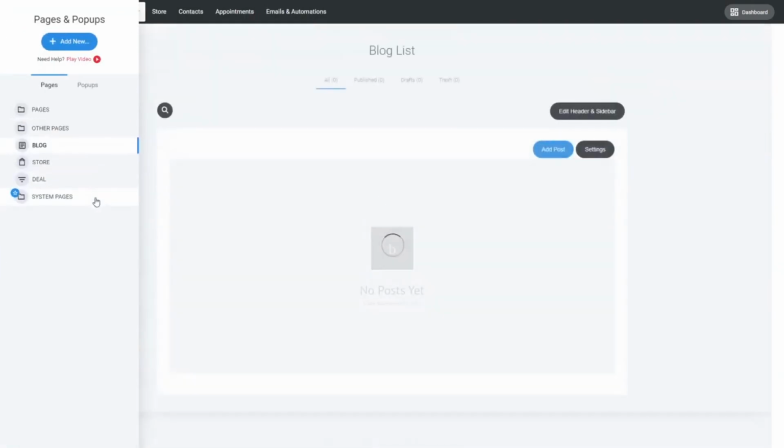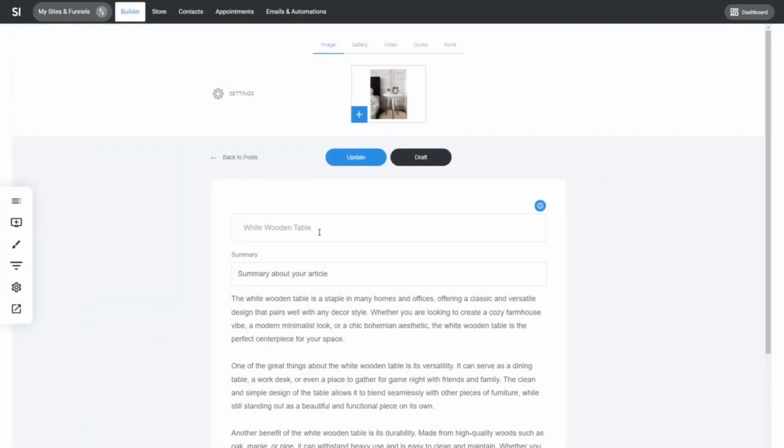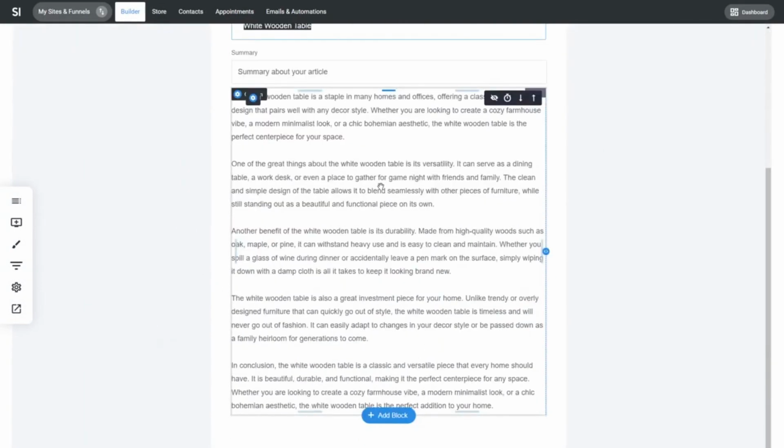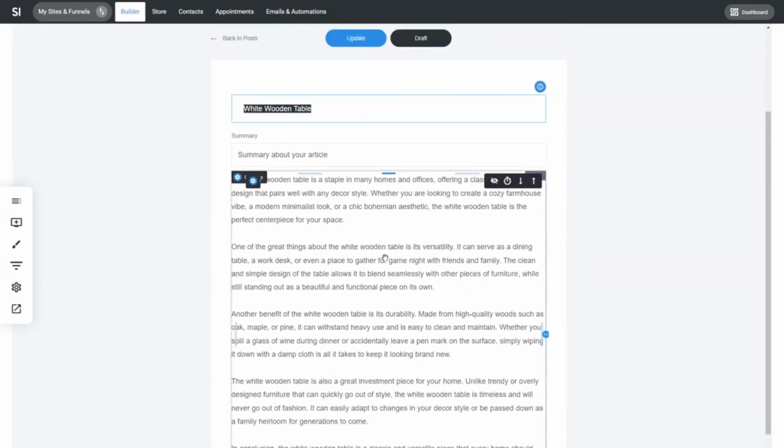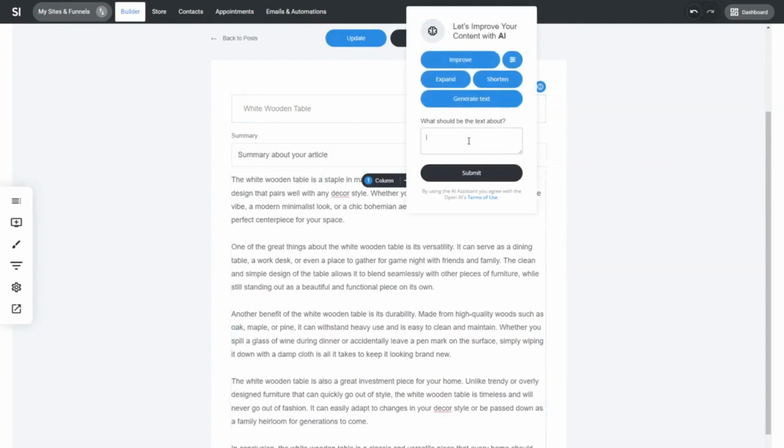In the blog, we have here a few options to show you a few things that you can do. For example, let's say that you have an article or that you want to build an article. This is actually text created with AI, and it's very simple. Let me show you how. With the AI you can generate text, like I said. So for example, you can tell the AI to create an article